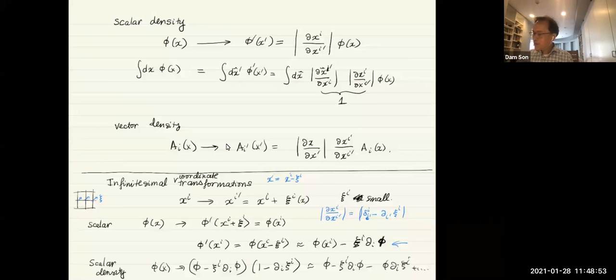For the density, the change of the quantity also has a part that tells us how much we have compressed the coordinate system. d_i xi^i is the amount of compression that we have done, or dilatation. Okay, any questions so far? No? So